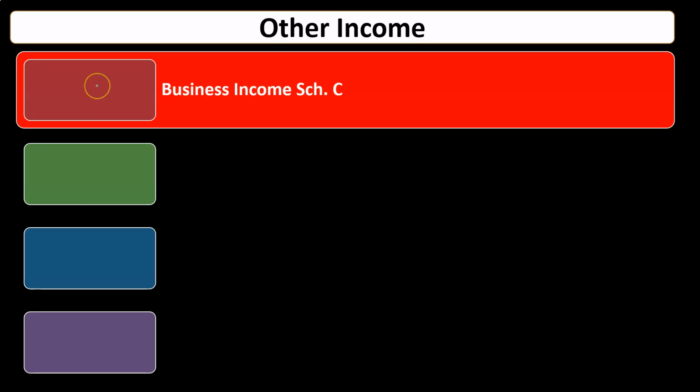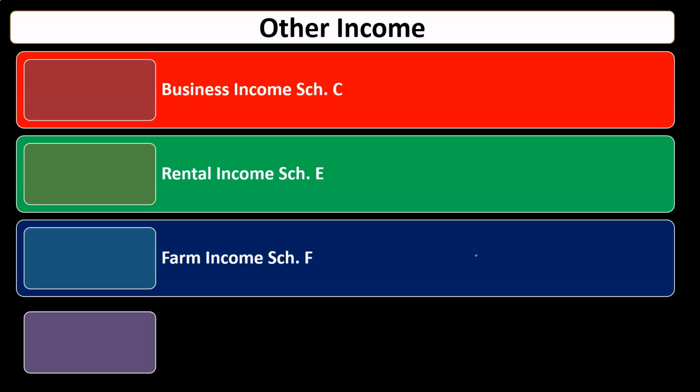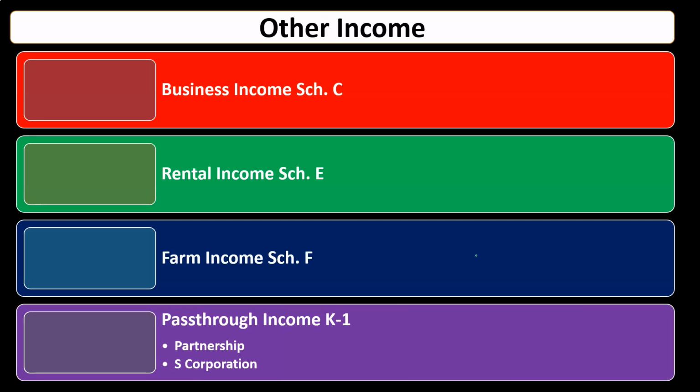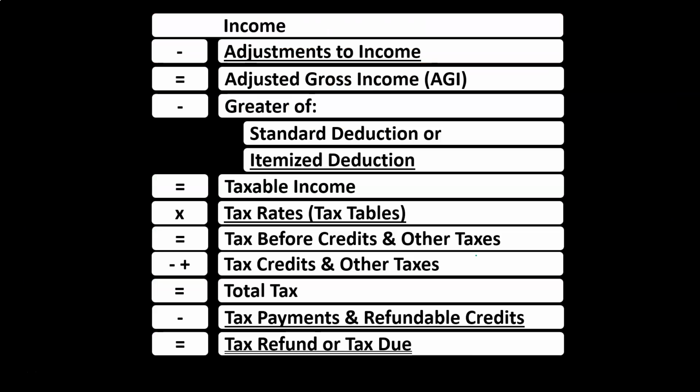Those would be things like business income that would be reported on a Schedule C, rental income recorded on a Schedule E, farm income typically recorded on a Schedule F, and pass-through income typically from something like a partnership or an S corporation. Pass-through entities generally pass the income to the individual income tax return with a K-1. These items usually lend more complexity to the tax return, and although they're reported on a separate schedule and included on line 1 up top of our income tax equation, or on the actual 1040,